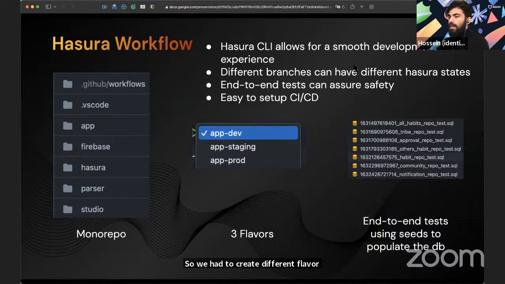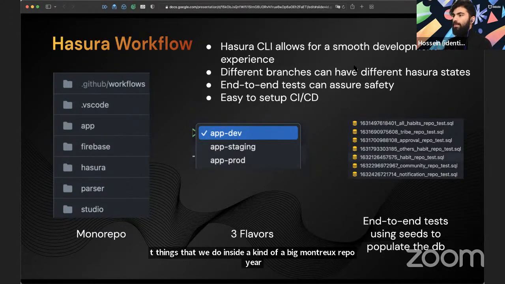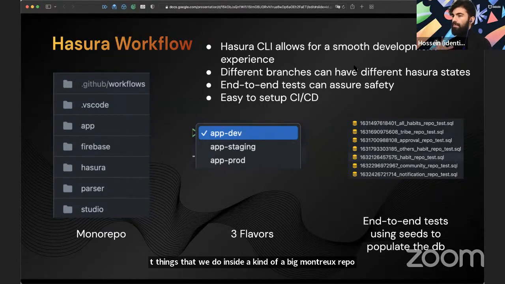The style that we're going with is that we have all of our different things inside a big monorepo. Here you can see that we have, for example, the app folder for our application, and we have the Hasura folder, also Firebase there for some of the cloud functions.